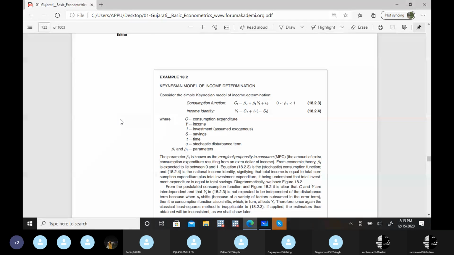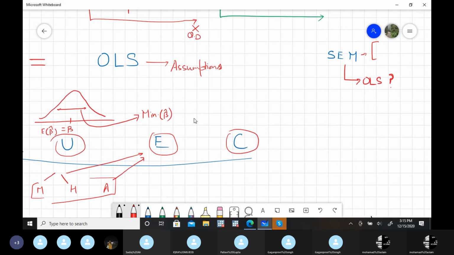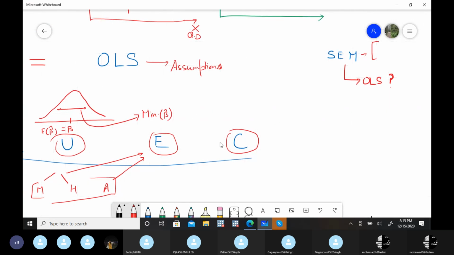So now in this particular case, one important thing is this cause and effect relation, that what is the cause and what is the effect, that's the one problem. But that I'll take in time series, this causality test and all. That's not a big thing to worry about here. More than that, there are a few things associated with these properties: unbiased, efficient, and consistent.